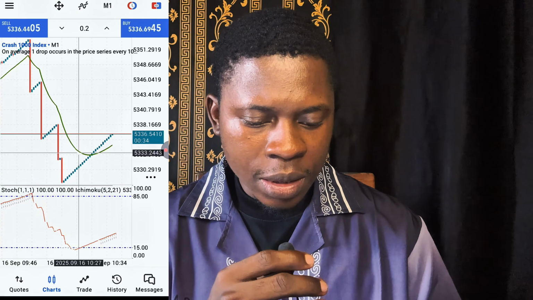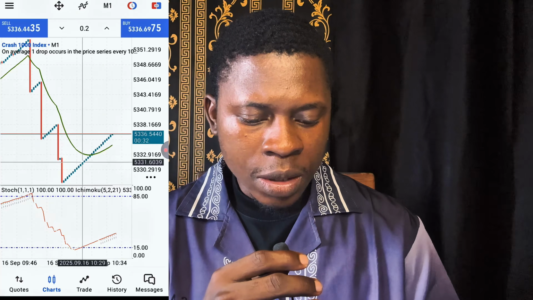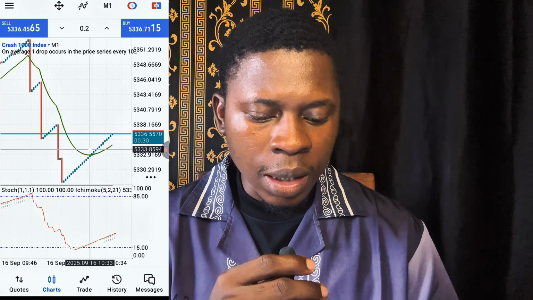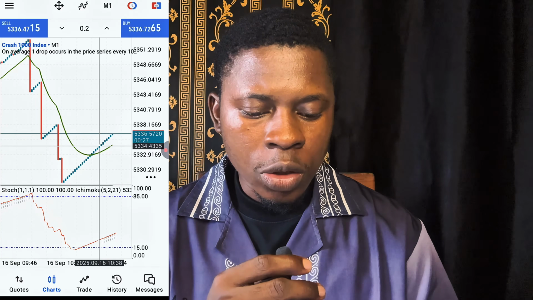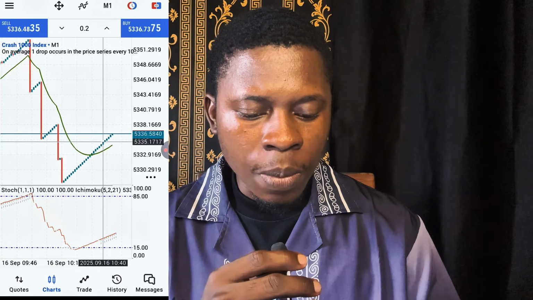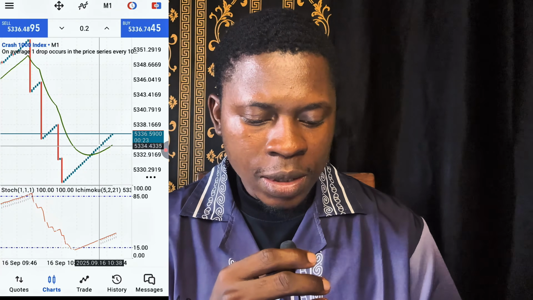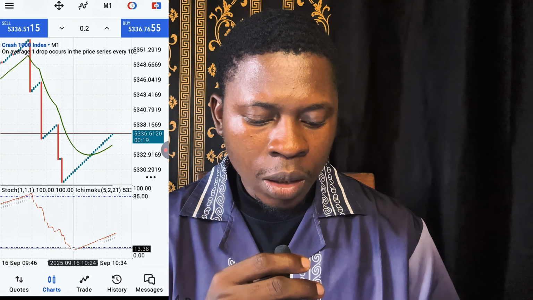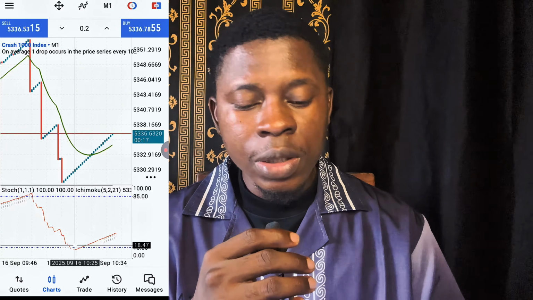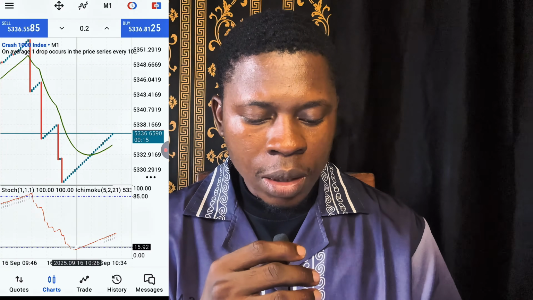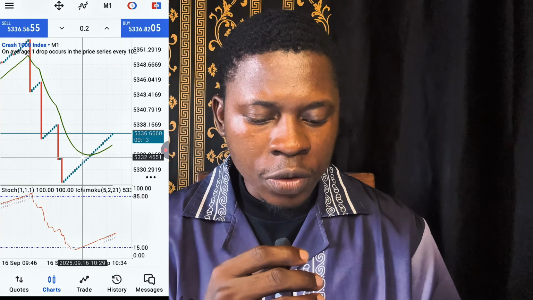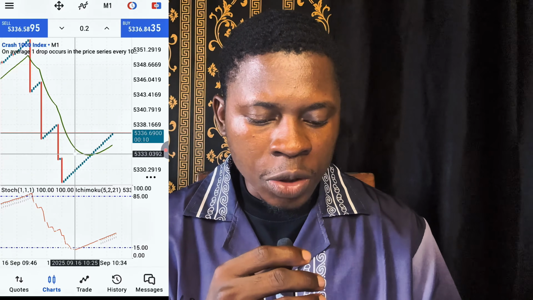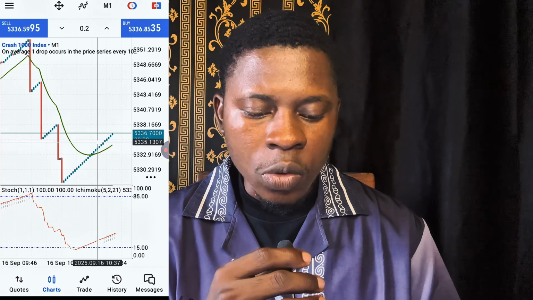Then when price crosses above this green line here, you start placing your buys. Okay, you start placing your buys, scalp the market, take 5 to 20 candlesticks. Even at this point right here, for quick entries, you can just place your buy at the very point here. But for safer entries, you can wait after this first confirmation, second confirmation here, and go in for short-term